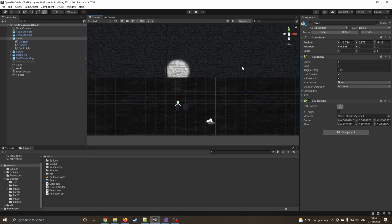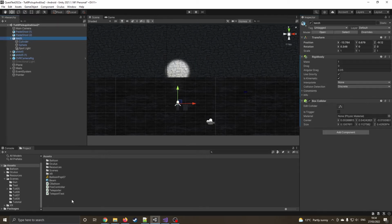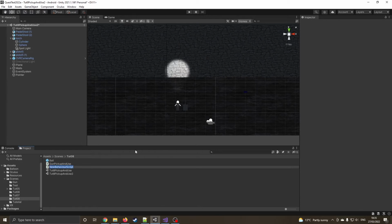Okay, so what's next? We've now got our torch. We've set the rendering. So what we now need to do is make a script. I'm going to turn the torch off by clicking on spotlight, clicking on light, so it's now off, because we're going to turn it on and off with the trigger of the button. So I'm going to click on torch. I'm going to come down into our scenes, tutorial 8. Well, this is 8B now. I'm going to create a new C# script, and I'm going to call this torch pick up